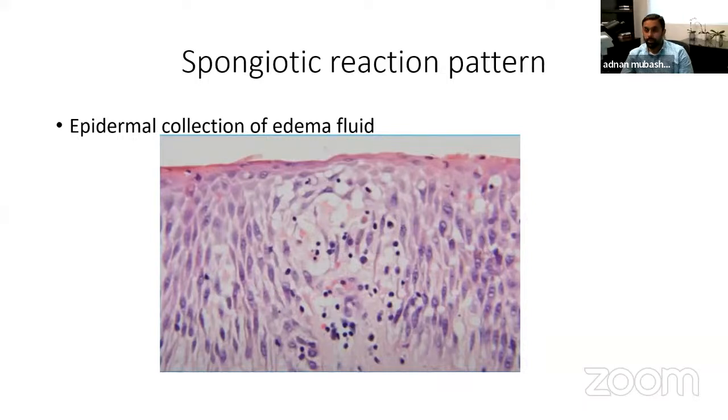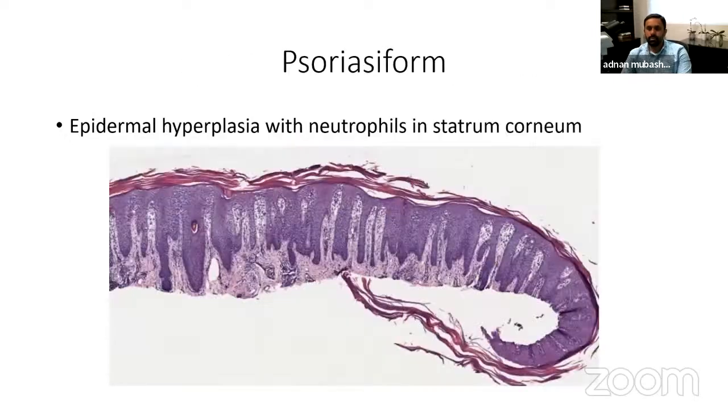So when we put the slide on the scope and we see this image where there's a lot of fluid in the epidermis pushing the keratinocytes apart, and in the background you have these extravasated lymphocytes, that tells you that we're in the spongiotic reaction pattern,